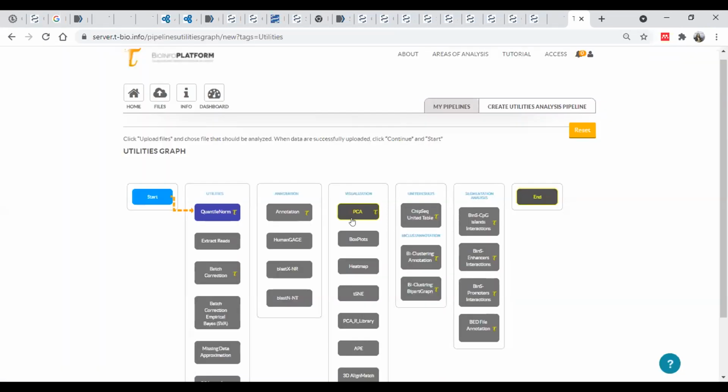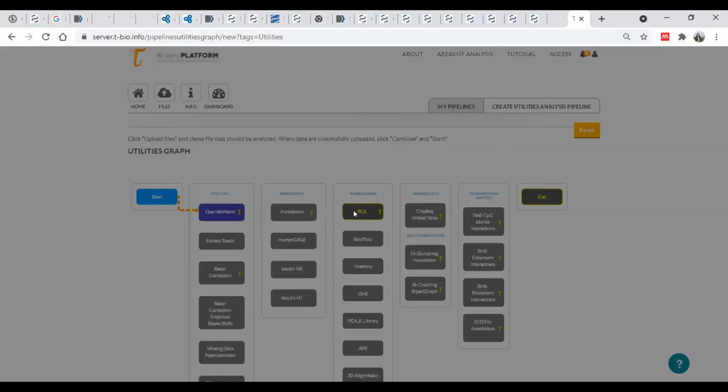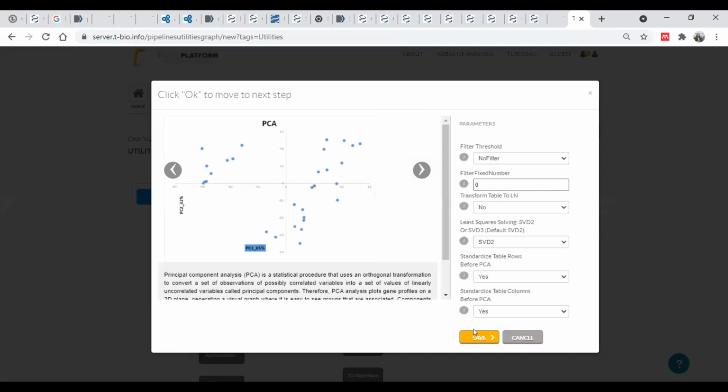The next option, which is automatically highlighted here, is PCA. This is one of the exploratory data analysis methods, and we also call it a dimensionality reduction method. Here I'm selecting the default options. First it is asking whether you want to transform this table or not. We already transformed our table into log scale, so we do not need to.